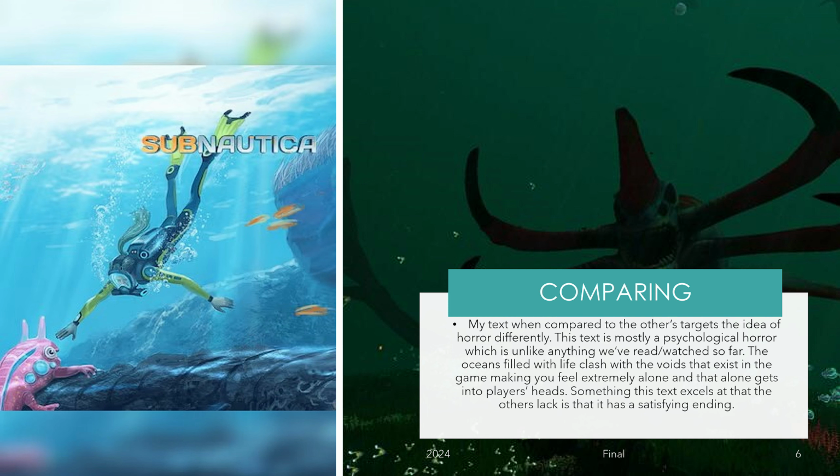But it also feels as if you're not, because you can hear sounds and you can see various outlines of stuff when they get close to you. So you'll be passing by different objects, and then it'll go back to being pitch black again, and you'll be able to hear stuff, and it really gets to you, surprisingly, for a game. And it makes you feel very alone, and it gets in your head, and I think this excels at this aspect of horror. And also, again, it has a satisfying ending,